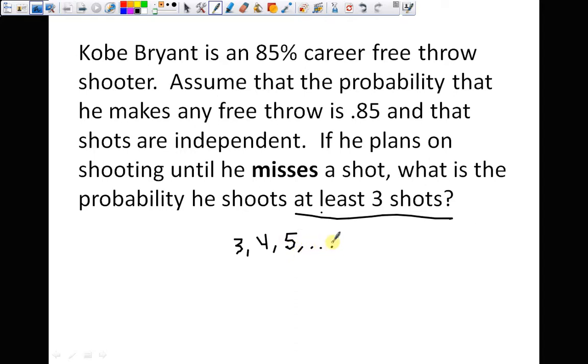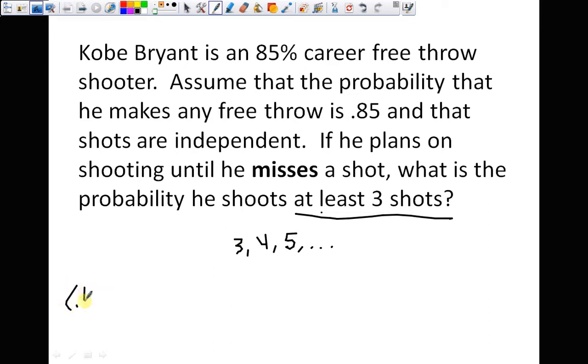Okay, so the way we have to do it, well, there's actually a couple of ways that we can do it here. We could add up the probability of 1 and 2, and then subtract that from 1, which is what we'll have to do in the calculator. Okay. Or you could say, so maybe I'll do it both ways by hand, and then we'll check it in the calculator. So if you have to shoot at least 3 shots before you make one, and that means,